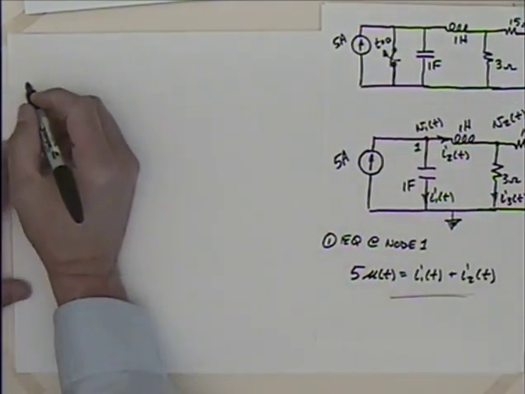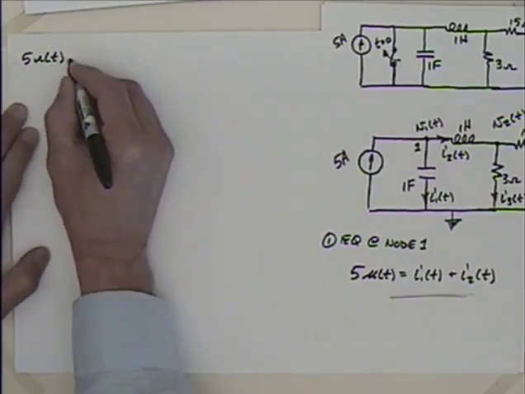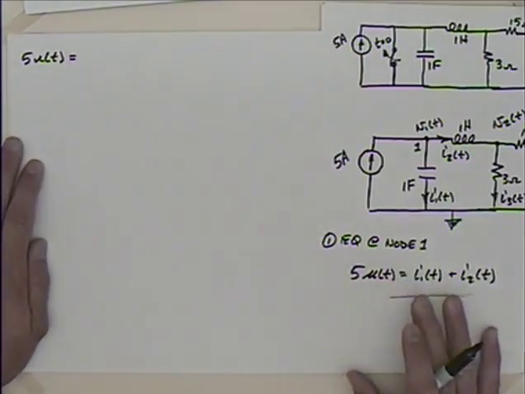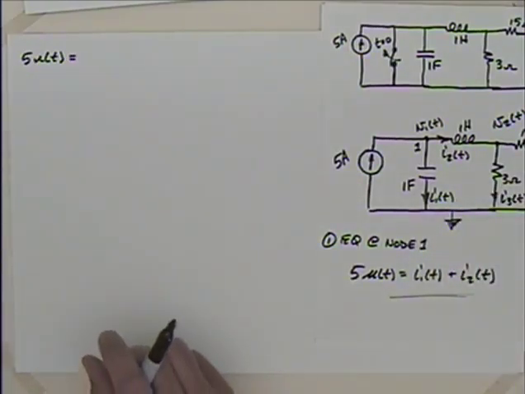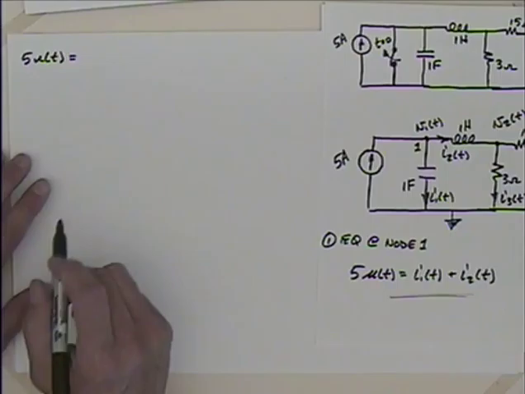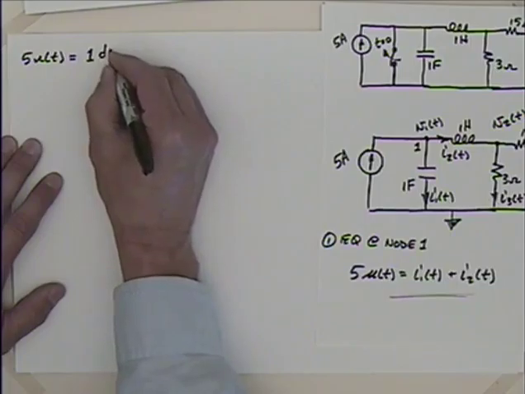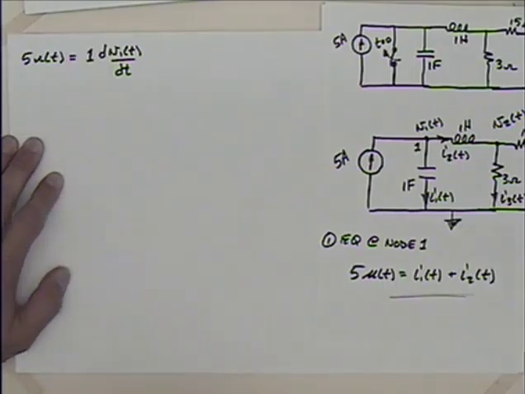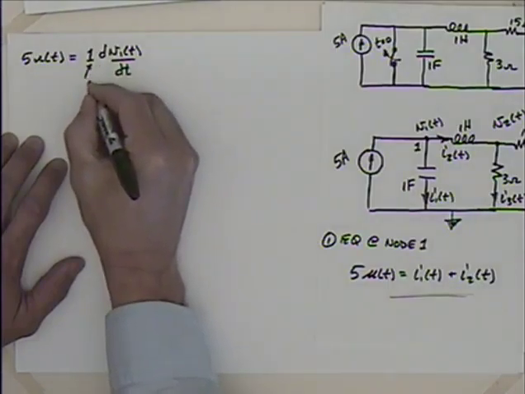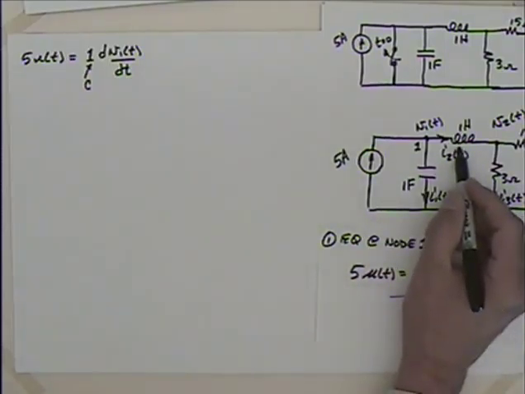So looking at that equation, I could say that I've got 5 u of t is equal to, what's I1? I1 is the current through there, isn't it? So I could say that that's equal to 1, that's the value of the capacitance, times dV1 of t dt, right? And because this is the value of the capacitance, let's be clear where that came from. And then I've got this I2 that deals with the inductor,